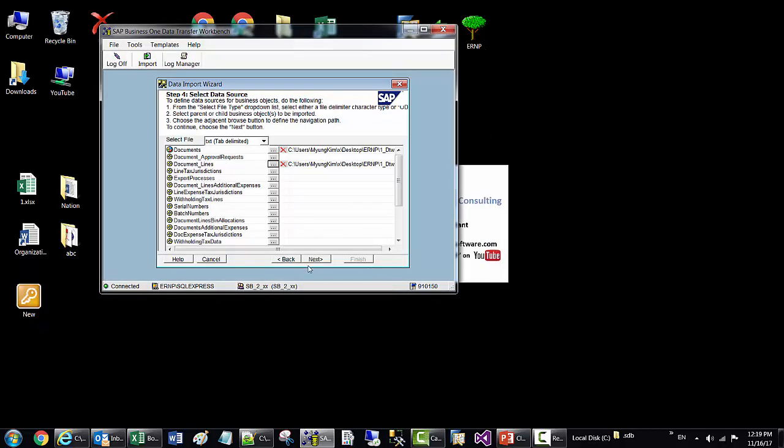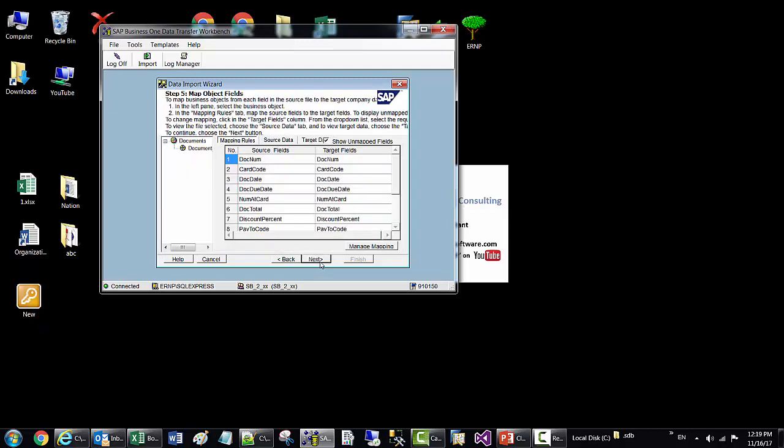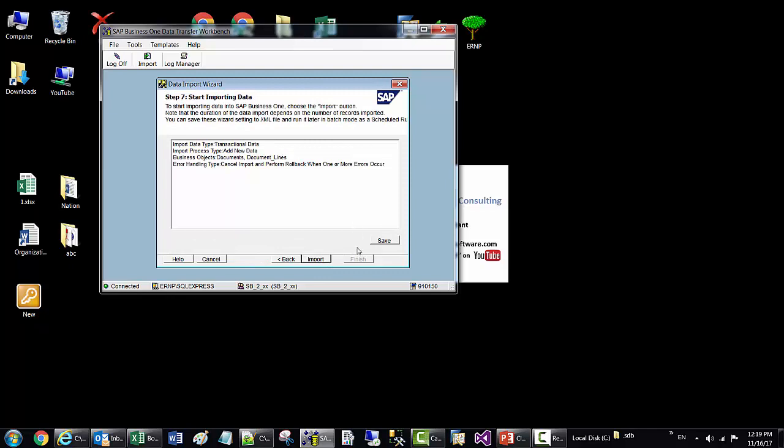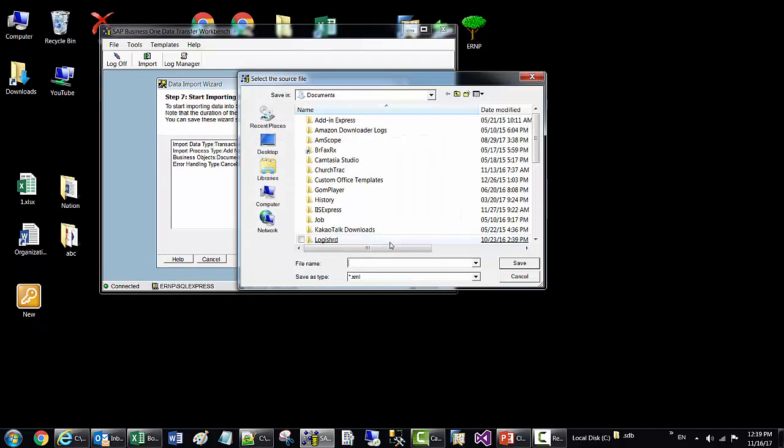When you're importing documents, you always have to import header and line items. You should know that already. Go next, next, next. Then here we have a save. You have to click save here, and what it does, it will create